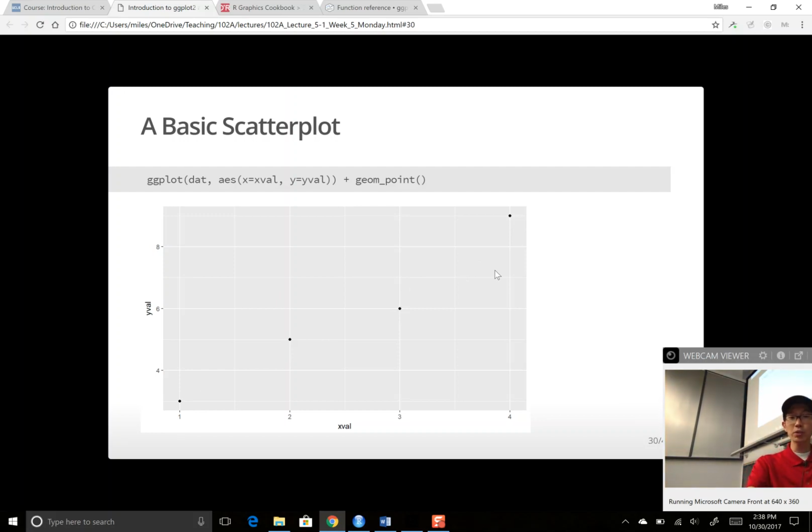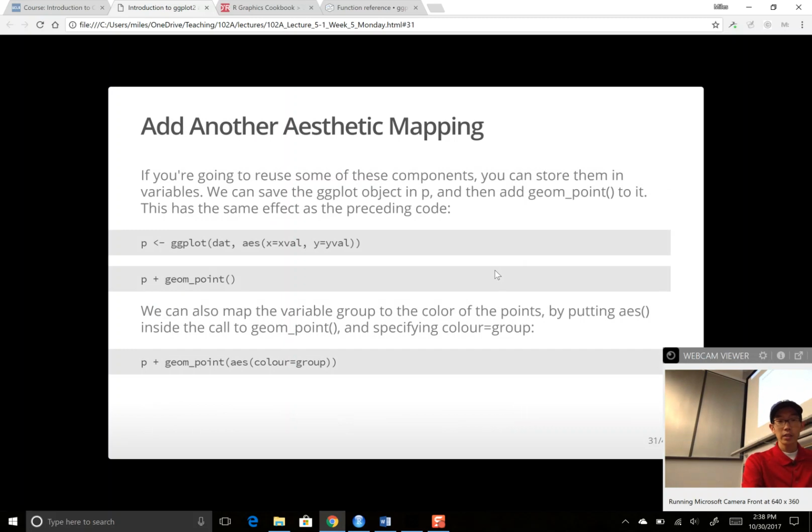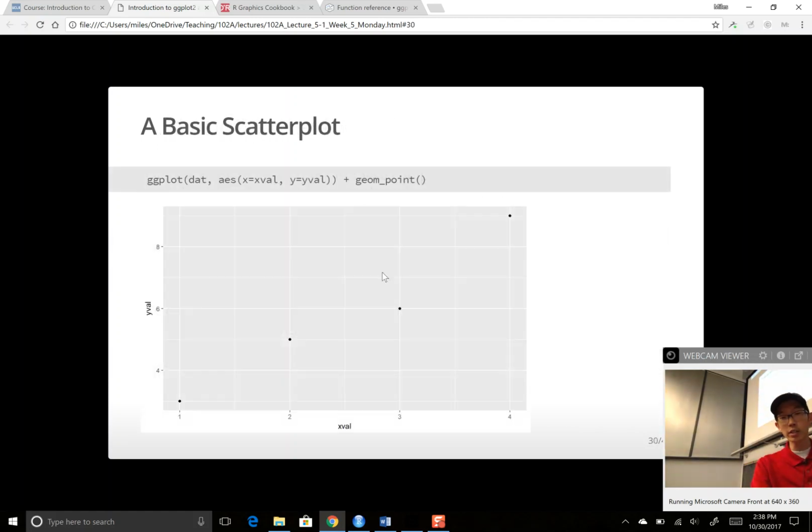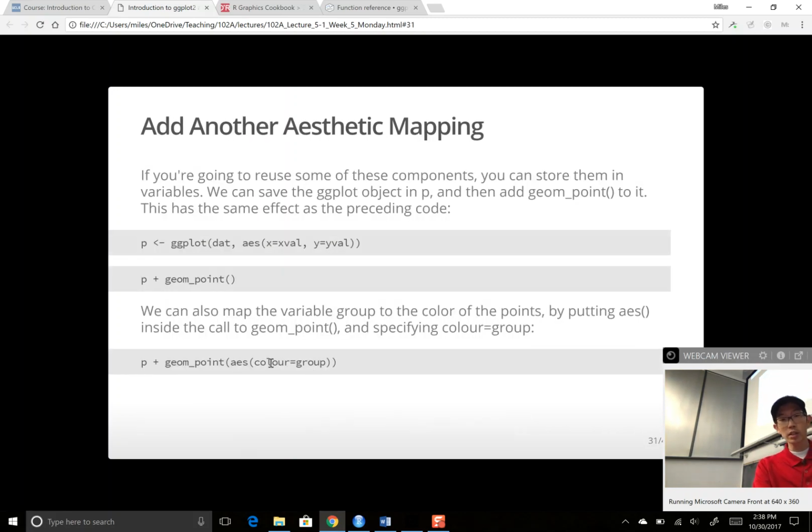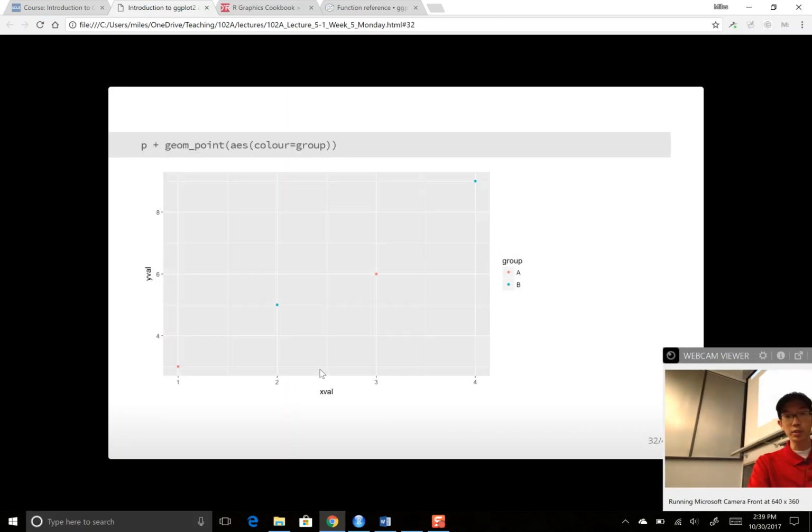Now, if we wanted to add another aesthetic attribute, to show the grouping variable, that's a categorical variable. So we could map that categorical variable to the color in our data, right? So we're going to say we want the color of the points that we are drawing to depend on the group column. So if we do that,